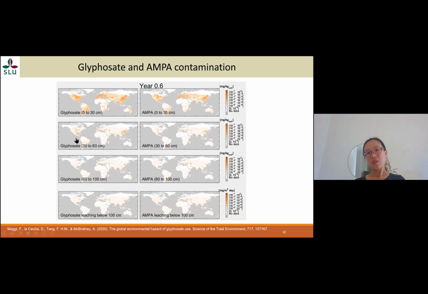So one of the key findings that we see here is that a good fraction of glyphosate has turned into AMPA, which is very persistent and accumulates in the environment. And once it starts accumulating, it also starts leaching downwards to deeper soil, where the biodegradation rate can be even